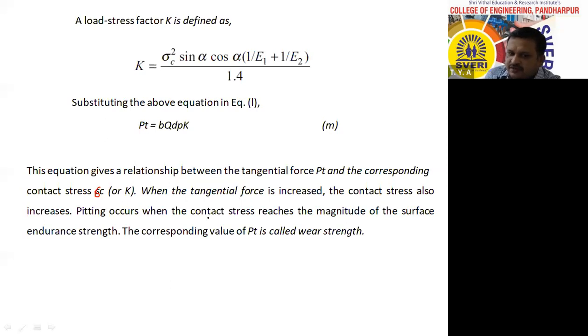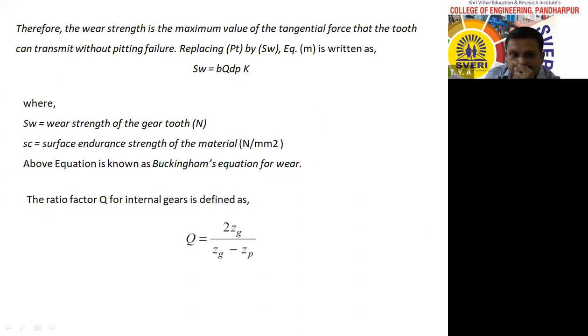When pitting occurs, when the contact stress reaches the magnitude of surface endurance strength, Pt is equal to BQ dpk. Therefore, what we have to do? We have to replace Pt by SW. Therefore, the wear strength is the maximum value of the tangential force that the gear tooth can transmit without pitting failure. What is meant by wear strength? The maximum value of tangential force the gear tooth can transmit without pitting failure. Therefore, replacing Pt by SW, we are getting SW, that is wear strength, is equal to BQ dpk,